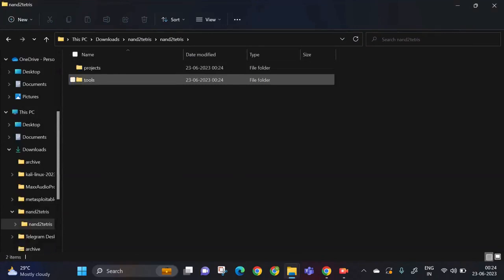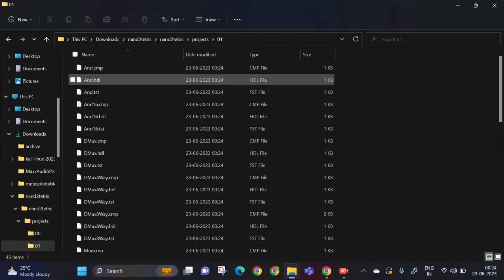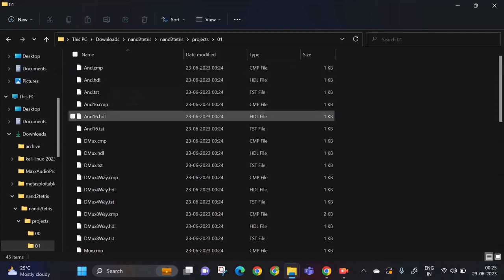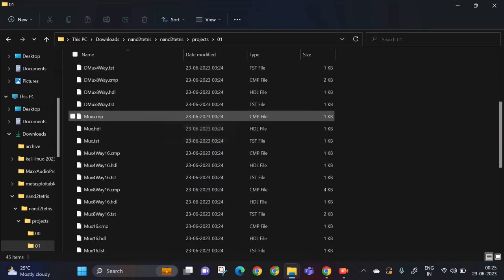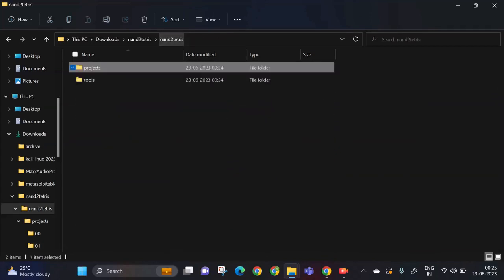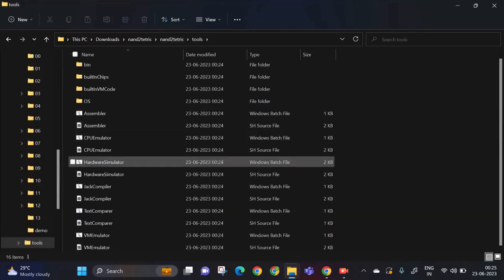Just click on NAND2TETRIS and you have two folders here. Click on projects. So you have all the project folders here, and just click on project 1. You have CMP file as well as HDL file and TST file as well, but we will be using these two, which are the script file and the HDL file, and DMux, Mux, and all the different gates are there in this folder. Go to NAND2TETRIS folder again and go to tools this time, and you will be finding the hardware simulator batch file. Just click on that,